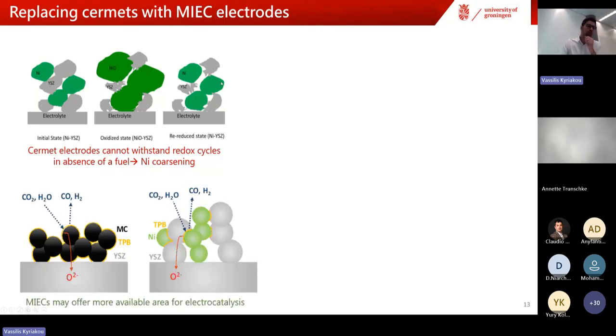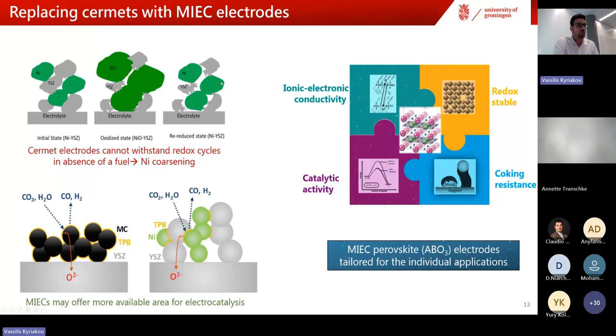So therefore, our solution is to move to mixed ionic electronic conducting materials, and in our case, it's perovskites. The perovskite oxides can have this intrinsic conductivity of oxygen and electrons, so they can be quite useful. They are ceramic, so they are good for high temperature applications, most of them. They are redox stable. They can even have coking resistance if they have this mixed conductivity. And they can have significant catalysis if they contain elements, usually on the B side, of good catalytic activity.